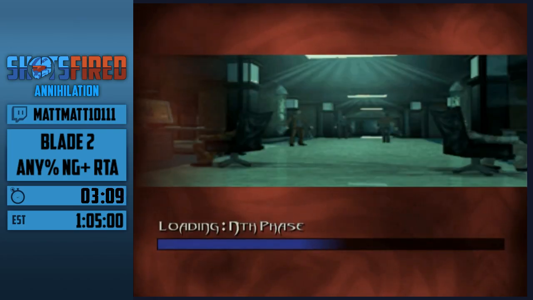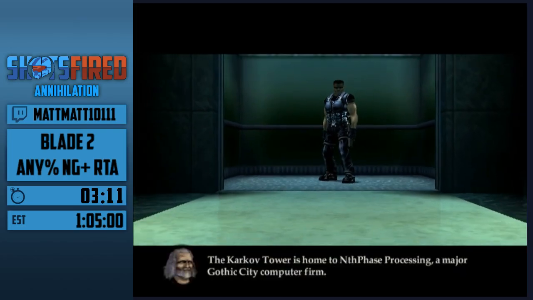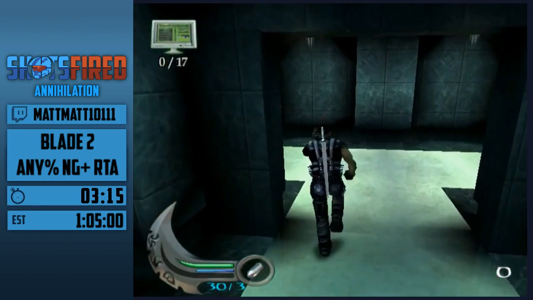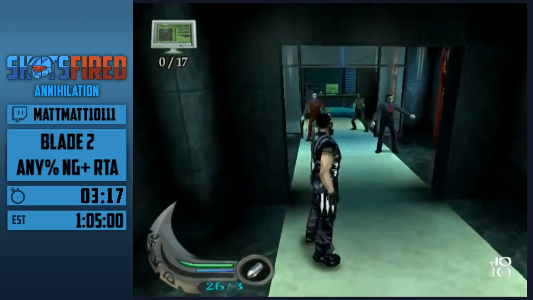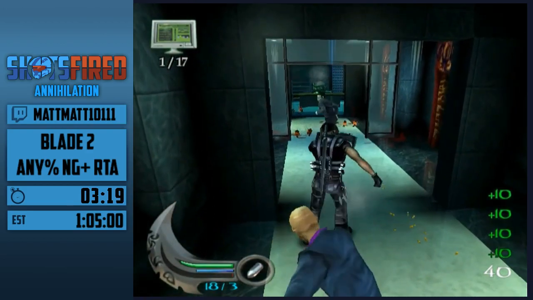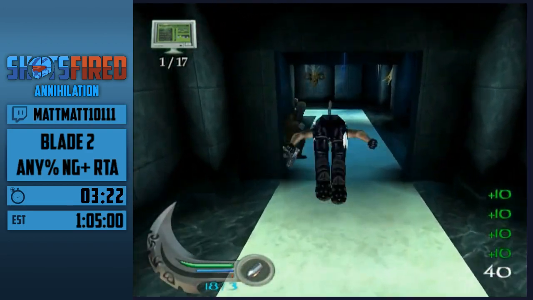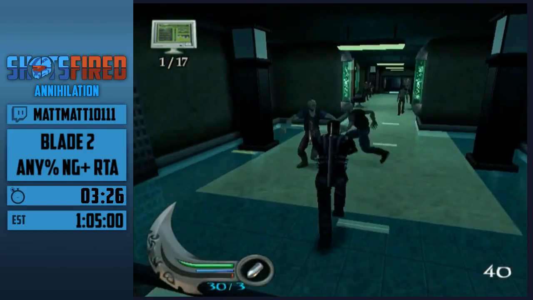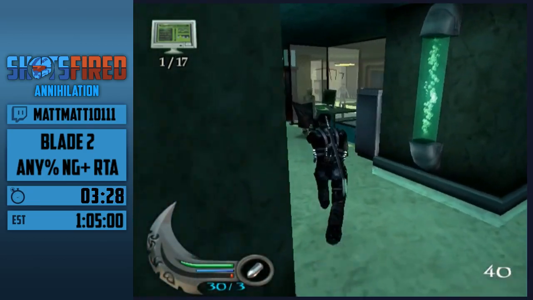Now this is the first level which we can't skip anything, unfortunately, because you have to actually do an objective to unlock the end level trigger. It's not just there to hit. We have to destroy all these computers. 17 of them, as you can see in the top left. Now, I can die on this level, but I'm just going to be doing safe strats. Now, I should also point out,